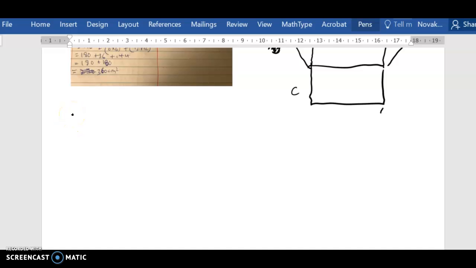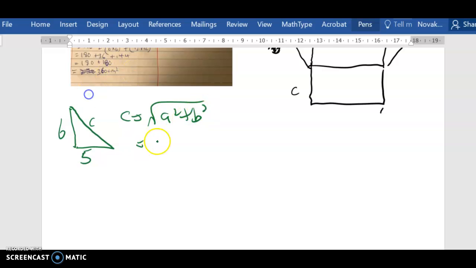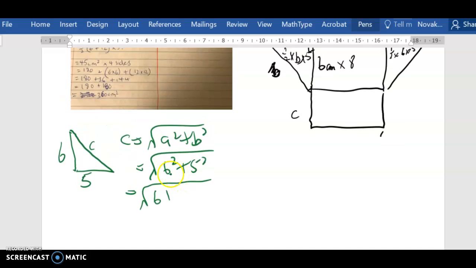Part 1, we need Pythagoras' theorem, where we have the base of 5, 6, and we need to find c, which equals the square root of a squared plus b squared, the square root of 6 squared plus 5 squared. 36 plus 25 is the square root of 61. So the area of this shape is total